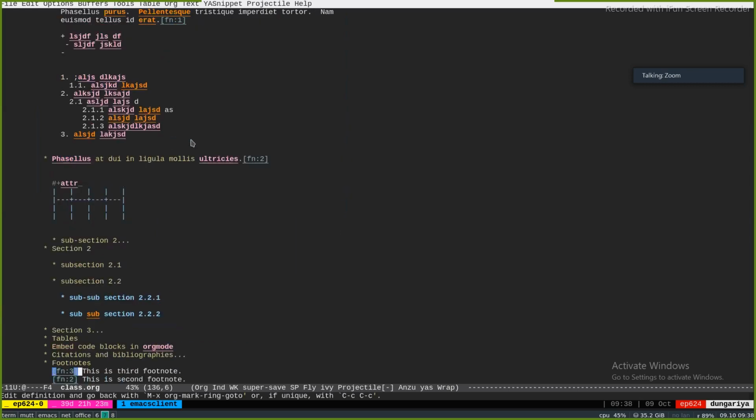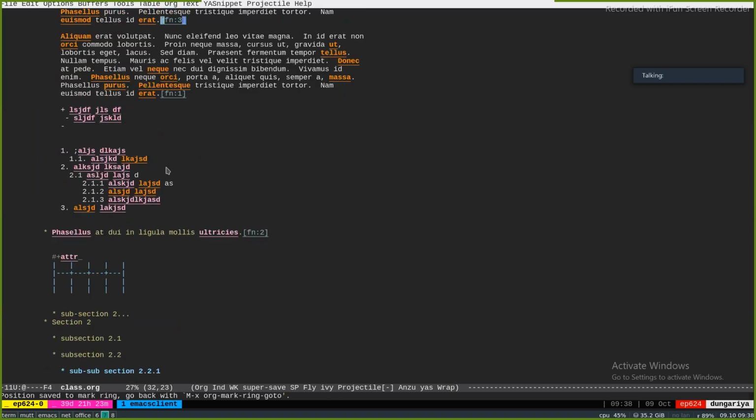So footnote 3 was inserted here, which is above footnote 1, right? Now, when you export the document, this should not be a problem. It will get exported properly. So this would become footnote 1, this footnote 2, and this footnote 3 when you export it.